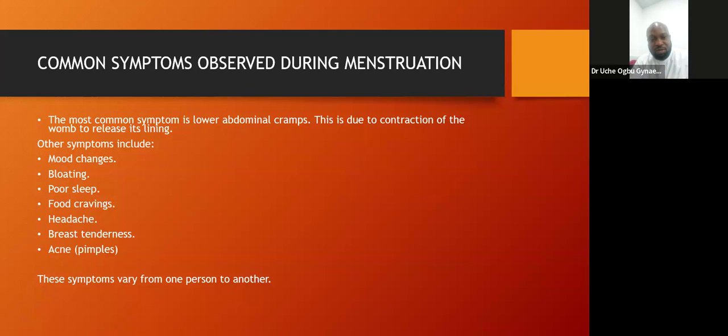delivered before. And the reason is because in most nulliparous women who have not had any form of vaginal delivery or even cesarean delivery, the opening to the womb is like a pinhole. It's very small, very tiny. So the muscles of the womb need to contract to a certain level to be able to force that blood to go out through that pinhole. And the severity varies from one woman to another.